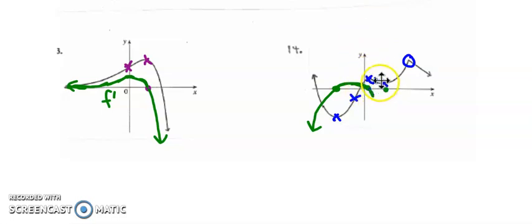So I need a turning point here, and on this section, the function's decreasing, so the derivative is negative, but then the function goes concave up, so the derivative increases. Once again, I have a turning point here that matches with the inflection point on the function. Next, the function's increasing, so the derivative is positive, and the function's concave up, so the derivative increases. So looks like the function has a higher and higher slope, but then because I have that undefined spot on the derivative driven by the cusp on the function,